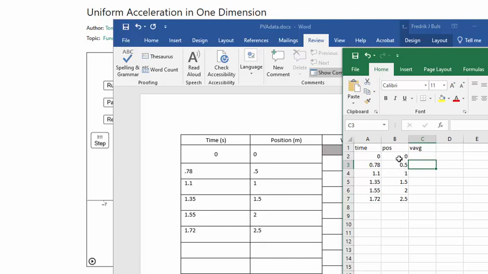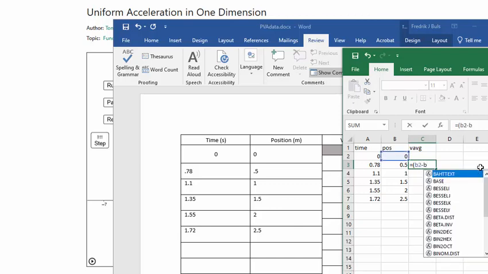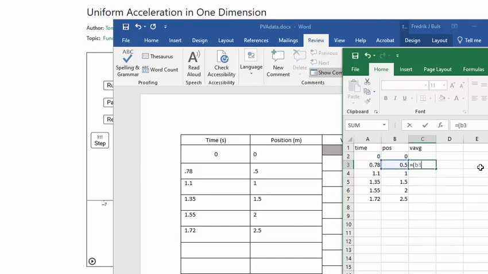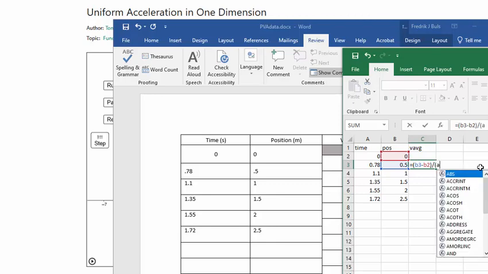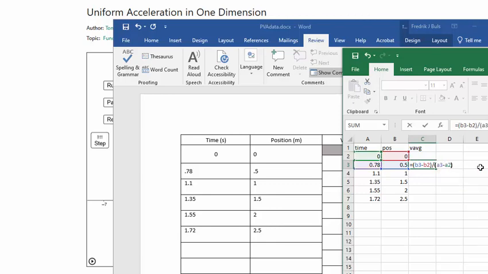Well, it's the change in position divided by the change in time. So I can calculate that in Excel. I can say, the change in position would be cell B3 minus cell B2, divided by cell A3 minus cell A2. So the average velocity in that time interval is 0.64 meters per second. And if I just do this for the rest of these,